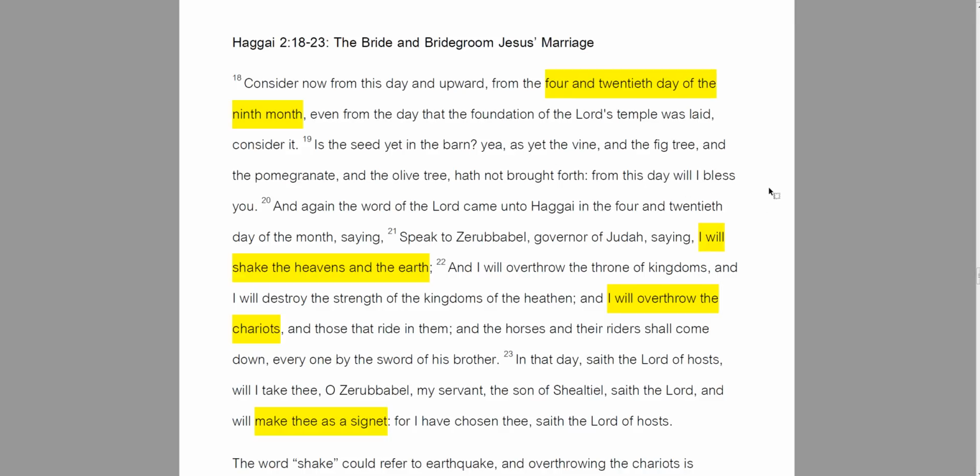Shaking the heavens and the earth is referring to the sixth seal, because that's the earthquake. So this is saying that it's going to be using the Hanukkah boundary,